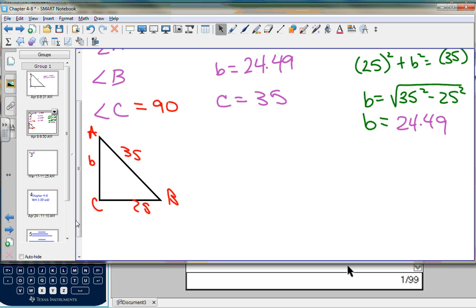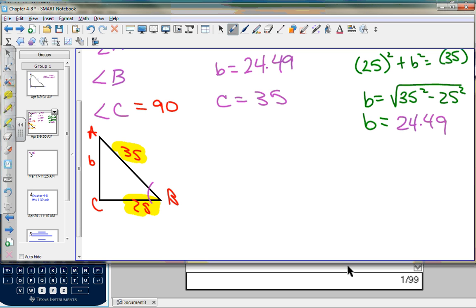Now what do I find? I need to find the angle. So how do I find an angle? I'm going to use the information that I was given, which is 35 and 25. That's what I was given. If I use the other pieces of information, I may have messed up a calculation, correct? So if I have messed up a calculation, is that going to be very useful for me? So use what's given, and now tell me, if I want to find angle B,